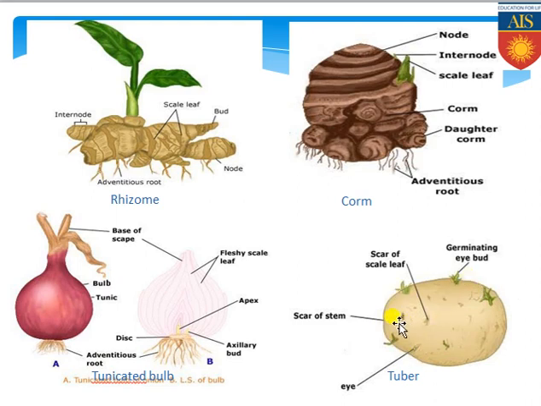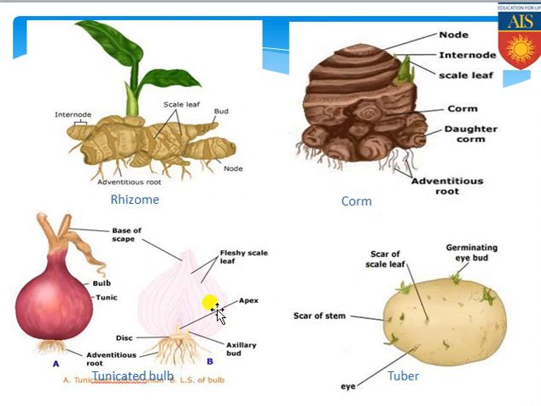And the last one is the tuber category. In the tuber category you can see small node-like structures, and those are known as eye buds or eyes of the potato. From here a small plant can emerge. Keep it in your mind, these scars are present throughout the entire body of the potato, and from these small eyes the adventitious roots can also arise, but the node-internode structures are not clear for this type of underground modification of the stem, that is the tuber.